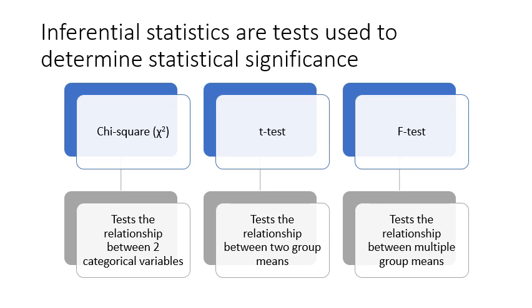Inferential statistics are used to test and determine statistical significance. There's three types of inferential statistics. These are chi-squared test, t-test, and f-test. A chi-square test, represented by this Greek letter chi, which looks like an x squared, tests the relationship